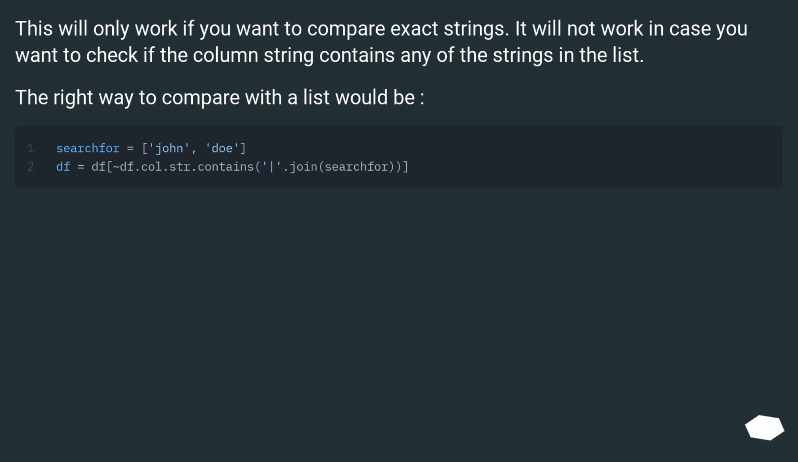This will only work if you want to compare exact strings. It will not work in case you want to check if the column string contains any of the strings in the list. The right way to compare with a list would be